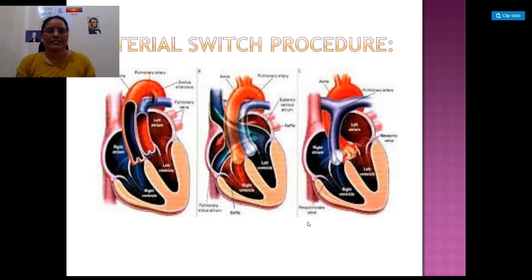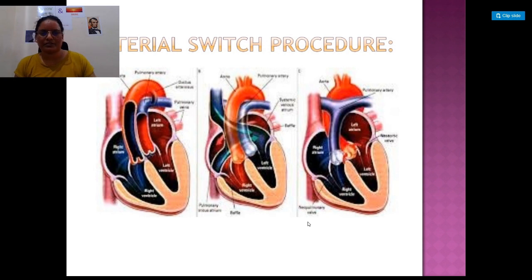Then the arterial switch procedure: it is clear here. On the right ventricle there is the aorta, but with the help of surgery the aorta provides blood to the lungs and the artery gives blood to